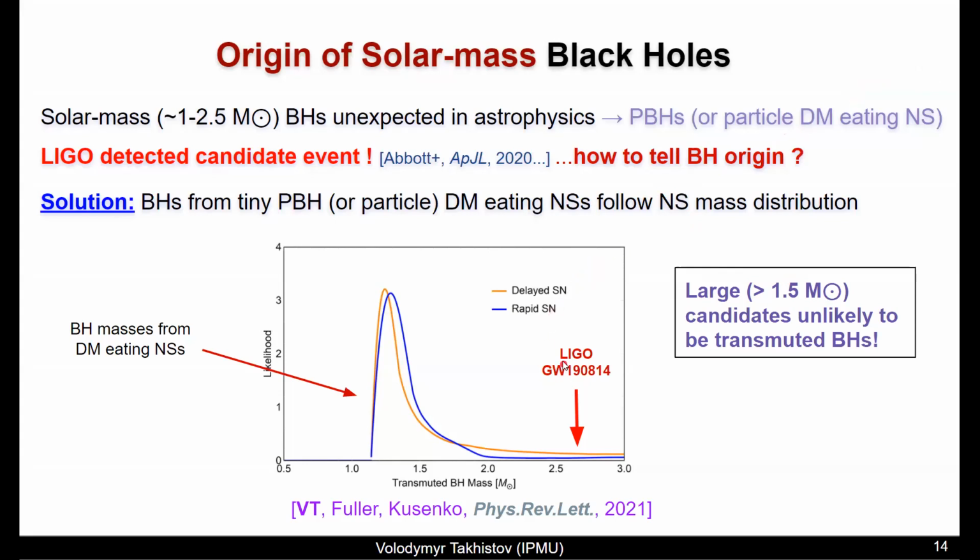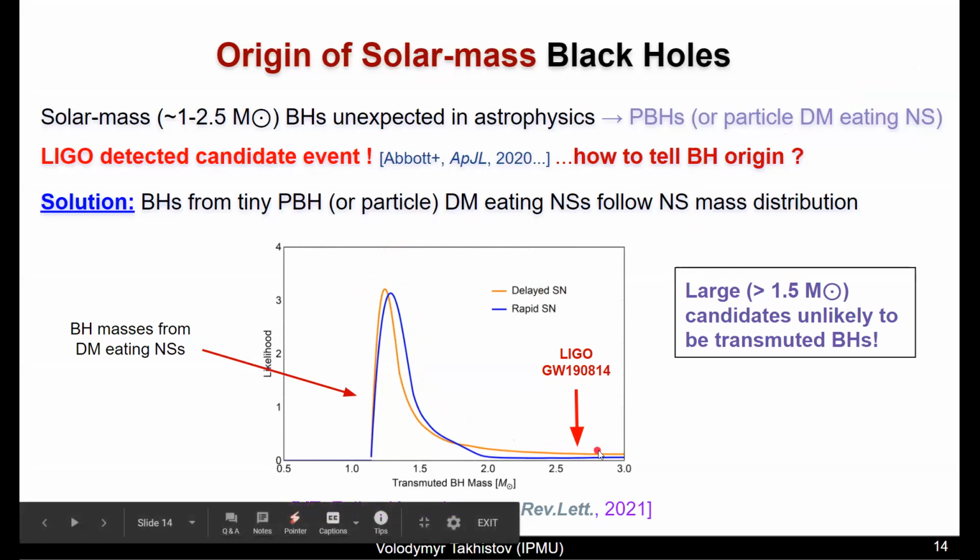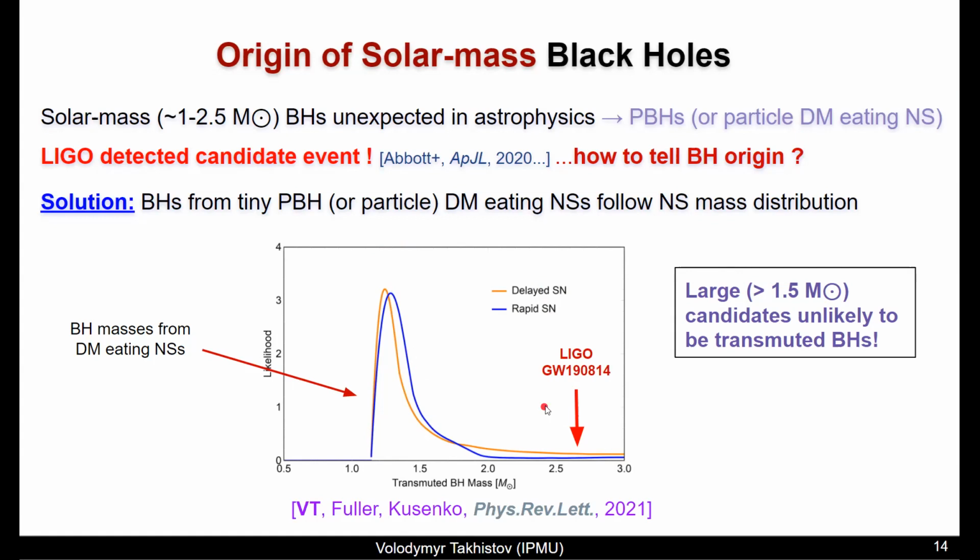Yeah, so as I was saying, the solar mass black holes that come from either small PBH or a dark matter accumulation eating a neutron star should follow the neutron star mass distribution. So by just looking at this distribution, you can see that a candidate observed, let's say, at 2.6 solar mass is highly disfavored. And so doing such a simple statistical test on distribution already allows you to make powerful statements